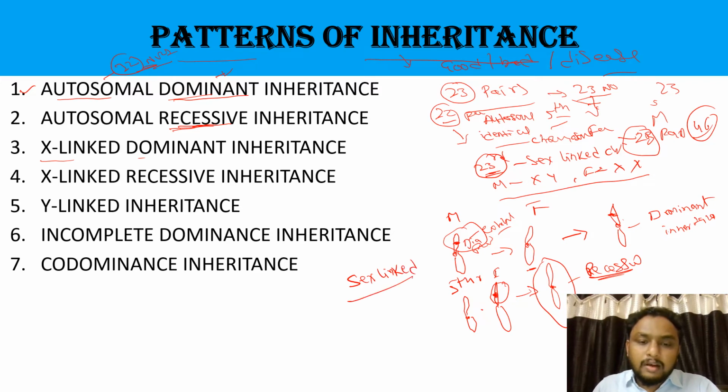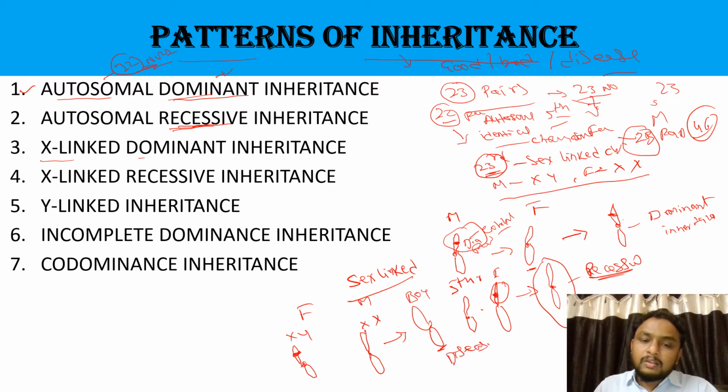Suppose, imagine father and mother, if father's genotype is XY, mother's genotype is XX. Imagine if on the father's X chromosome there is a disease, and at the same time on the mother's X chromosome there is no disease. Definitely it will not pass to the offspring if the offspring is a boy. Imagine a boy. Then definitely the boy will not get the disease.